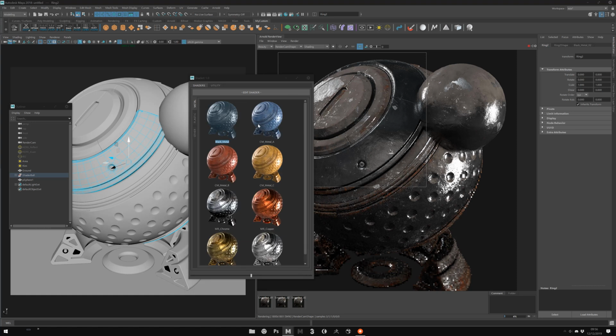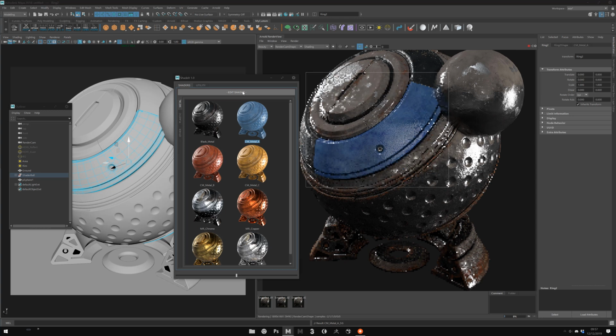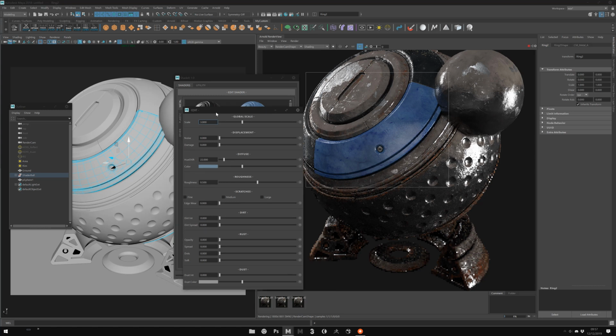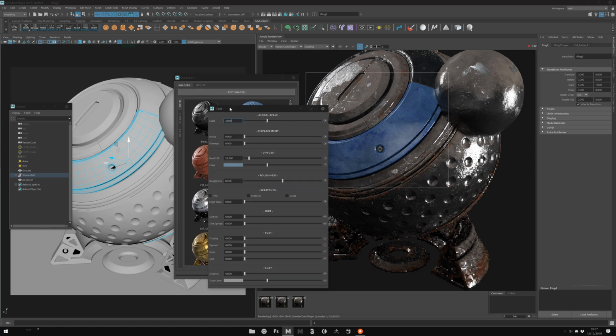So let's continue, for example, here with color metal. I will assign, double click. Waiting for Arnold to open, yes, and edit. Okay, I will not explain everything again. You see, most of the time you will have the same settings, but in fact the edit shader will adapt to each material